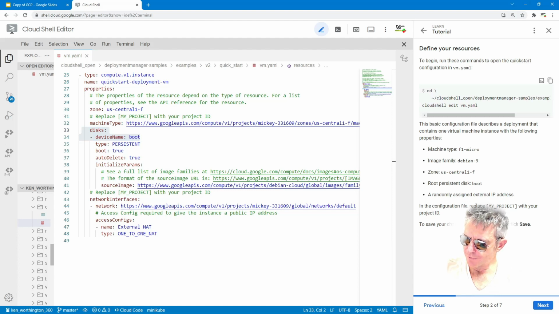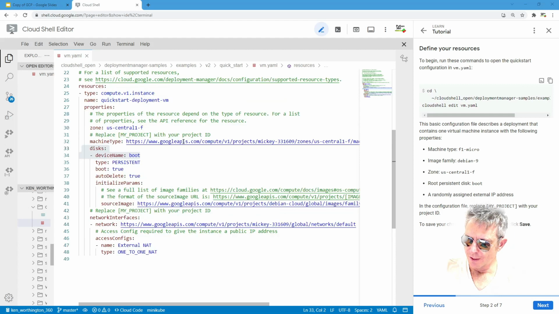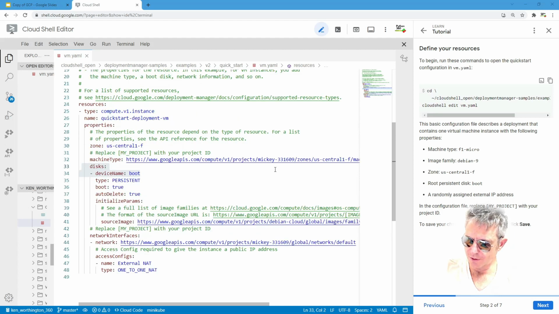In the configuration file, replace my project with your project ID. So my project ID is Mickey-331609. I'm just going to copy that from my text file. And we just need to edit the YAML file. Because I've run this once already to test it for the video, it's already put it in there, but that actually did say